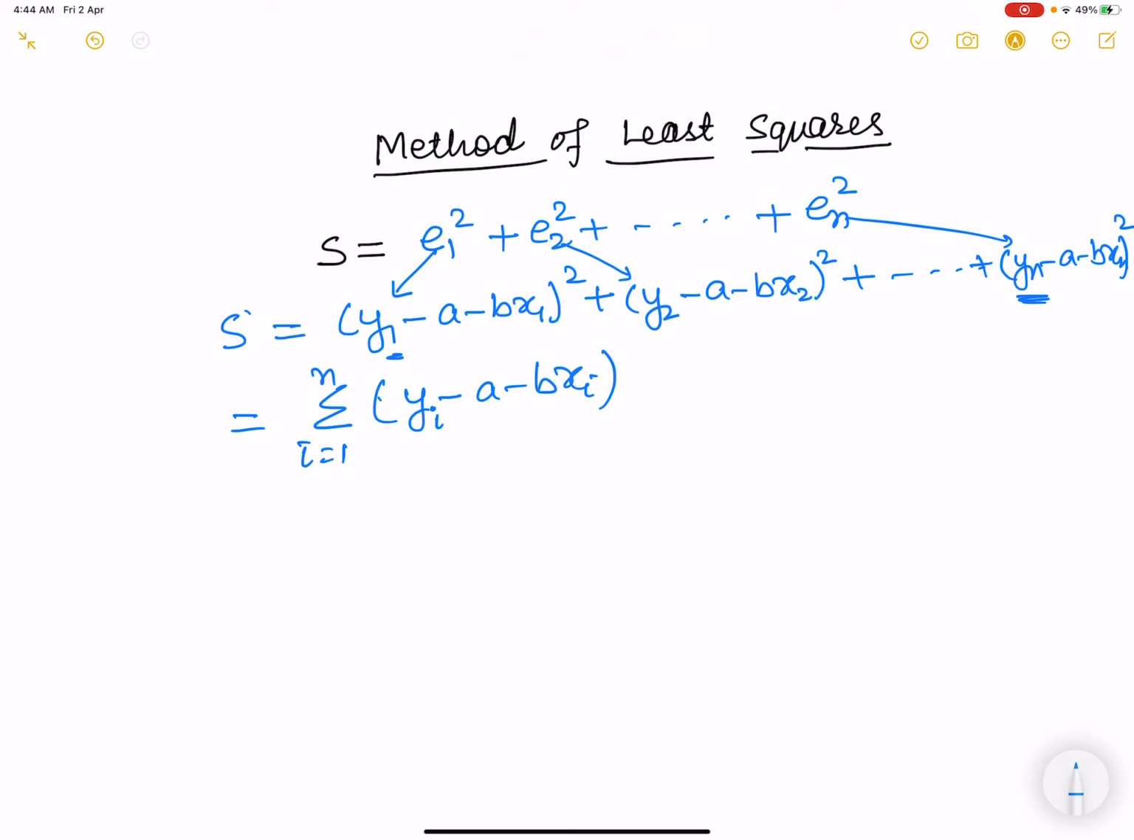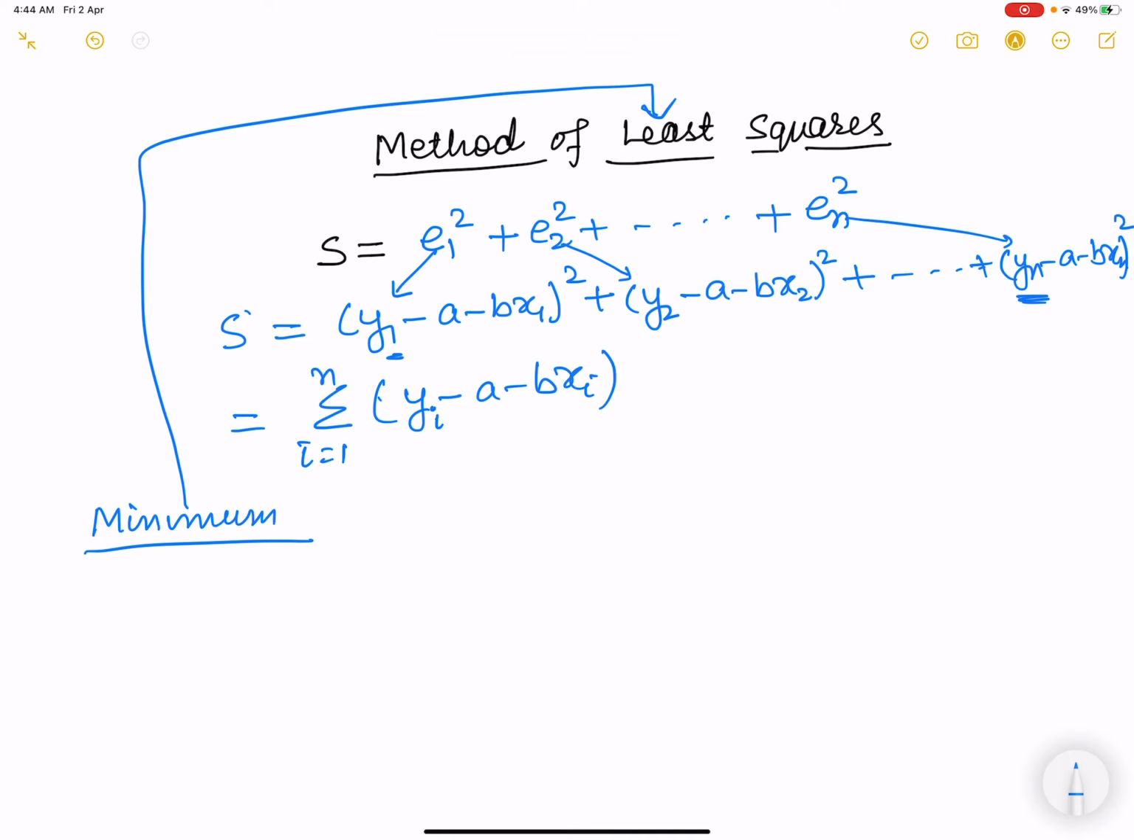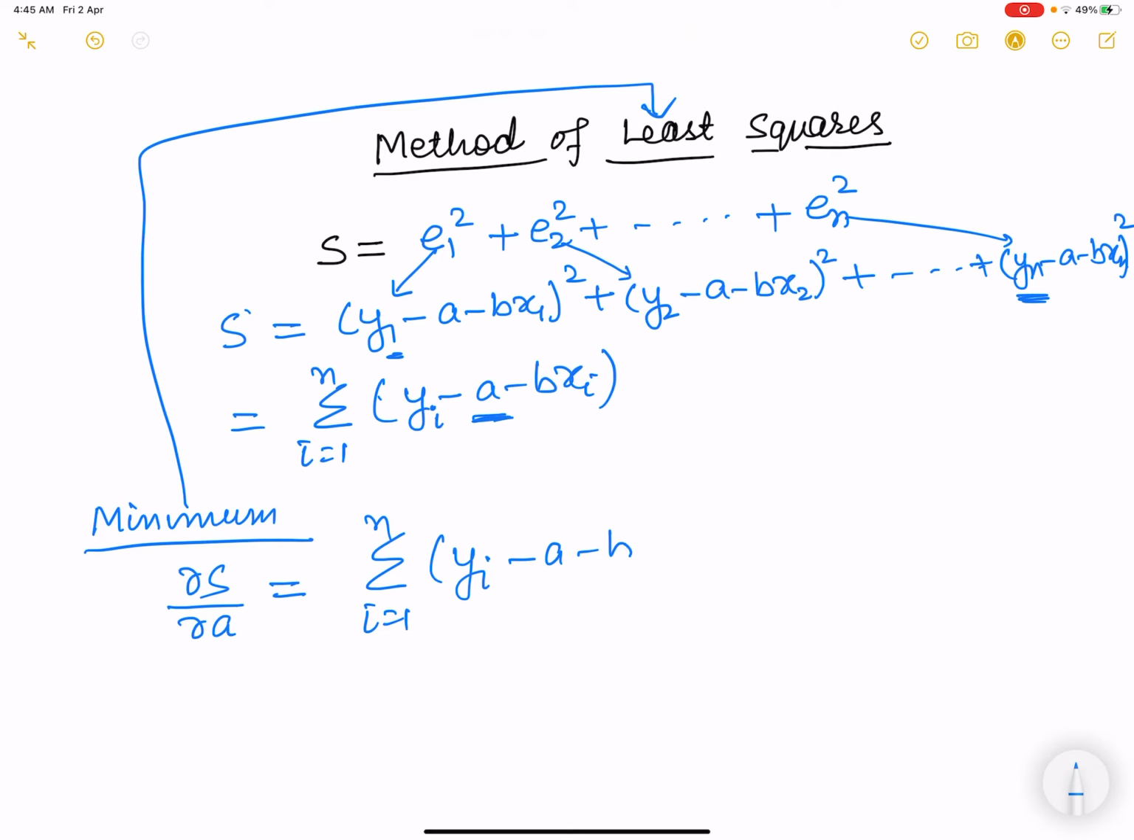So what will we do? Now it's time to find minima. Why minima? As I explained, we are finding minima because it is a method of least squares, right? So we'll find del S over del a, differentiation with respect to a, and this is equal to sigma, i running from 1 to n, of yi minus a minus bxi, times minus 1 because we are differentiating with respect to a, and this is equal to 0. So basically what we'll get,